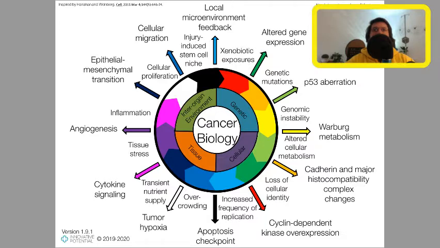But basically, if there is a mutation, or if there is something wrong with these proteins, these complexes, then the rest of this wheel is backing up. So basically, you're heading into overcrowding with an increased frequency of replication. You're going to begin to densely populate the local region, and that's not what you want, because